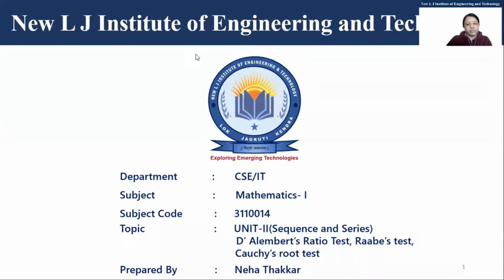So in the last lecture we have seen what? The D'Alembert's ratio test, right? And we have also solved some examples. Now we'll start today a new topic, that is Raabe's test and Cauchy root test. But before moving to the new topic, we are going to see one or two more examples which have some different technique to solve, so that we'll first see and then we'll move to today's new topic, right?